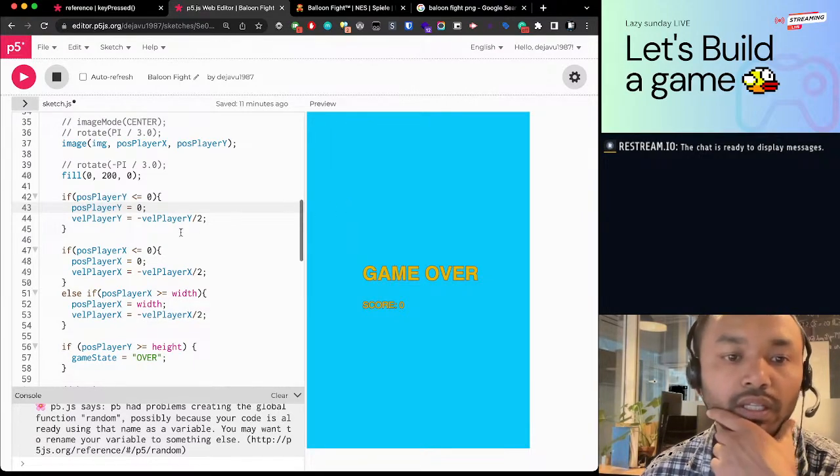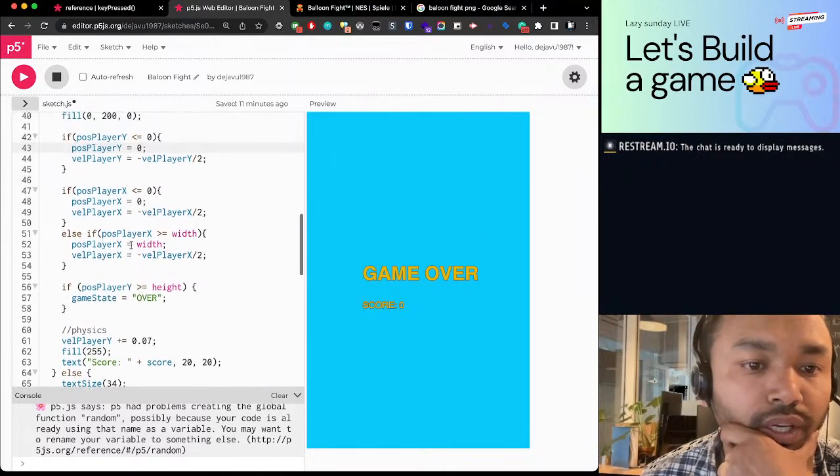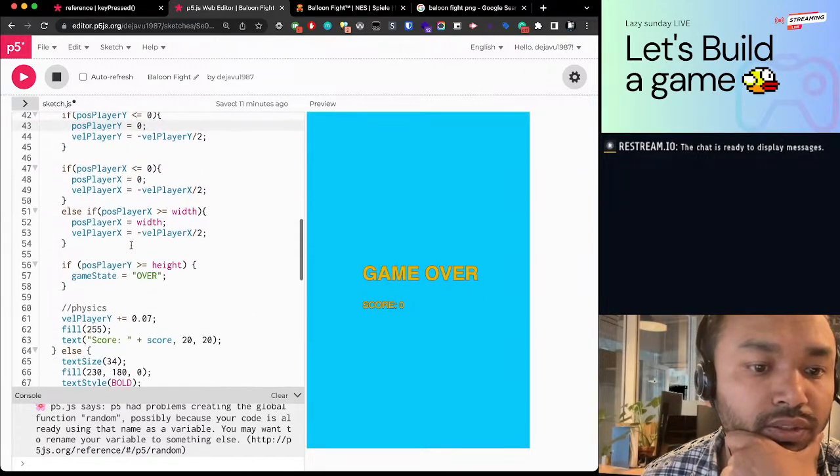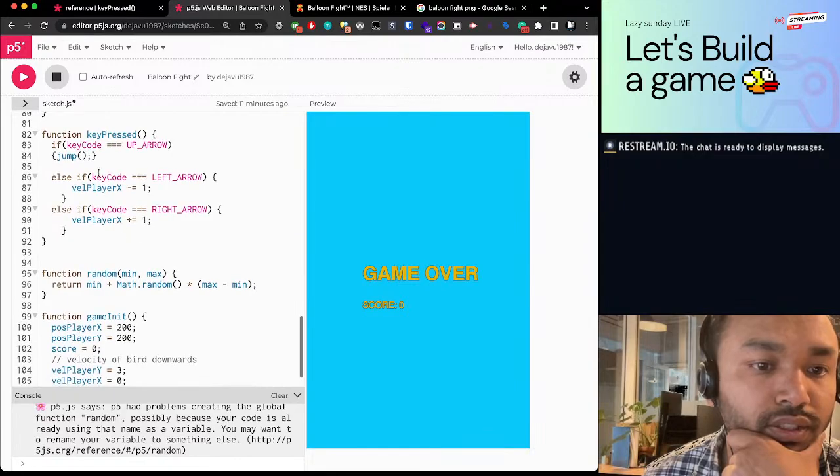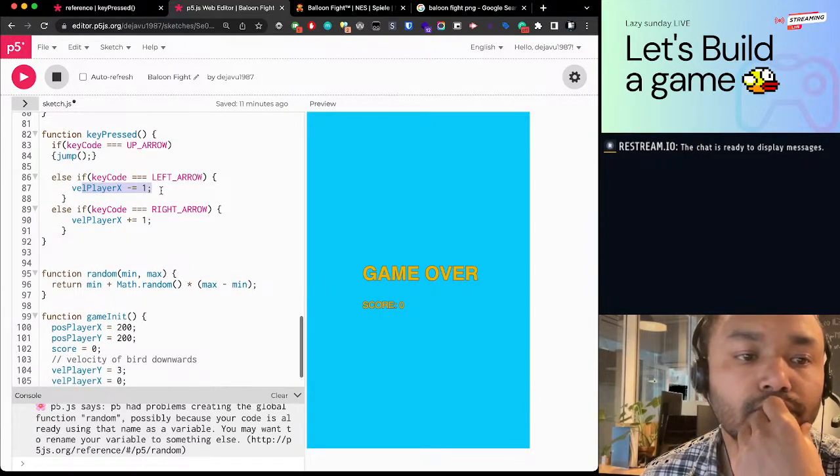So there we will also have to change the way these velocities are changed on key press. So this will then be